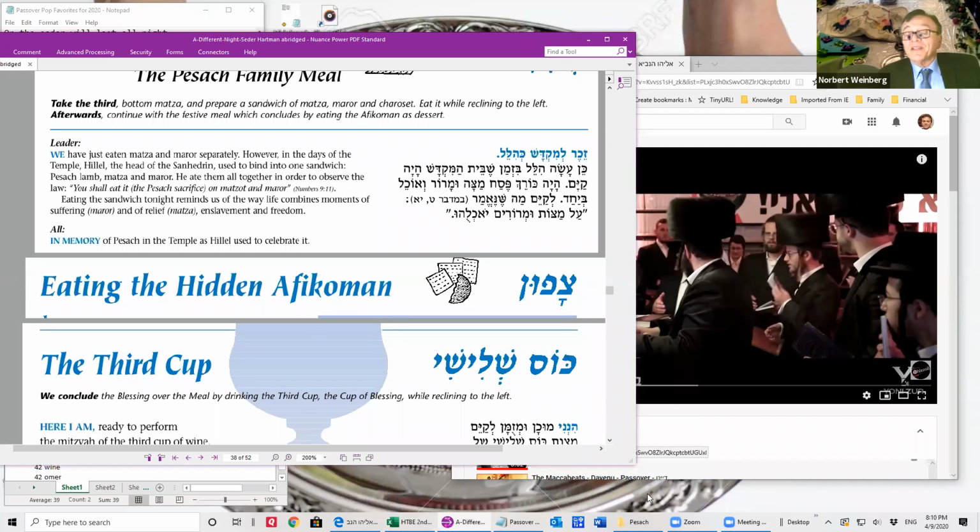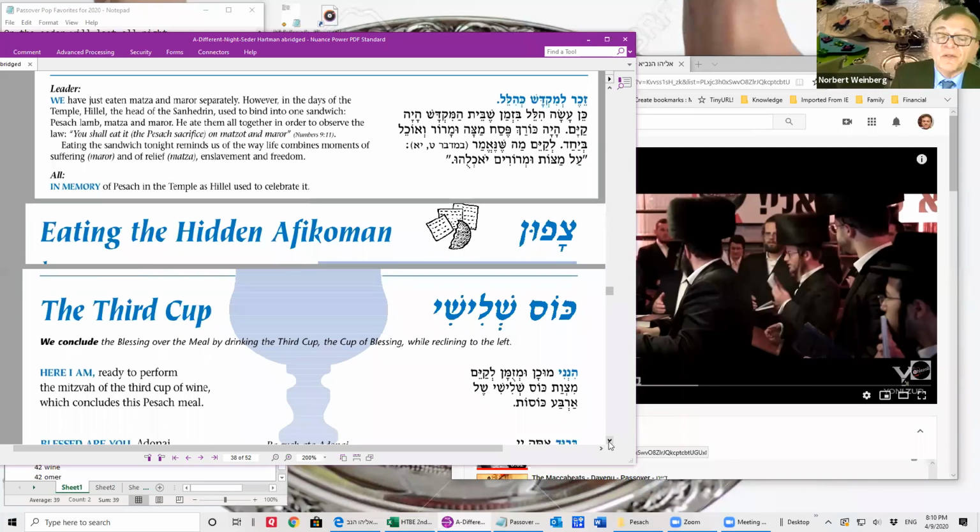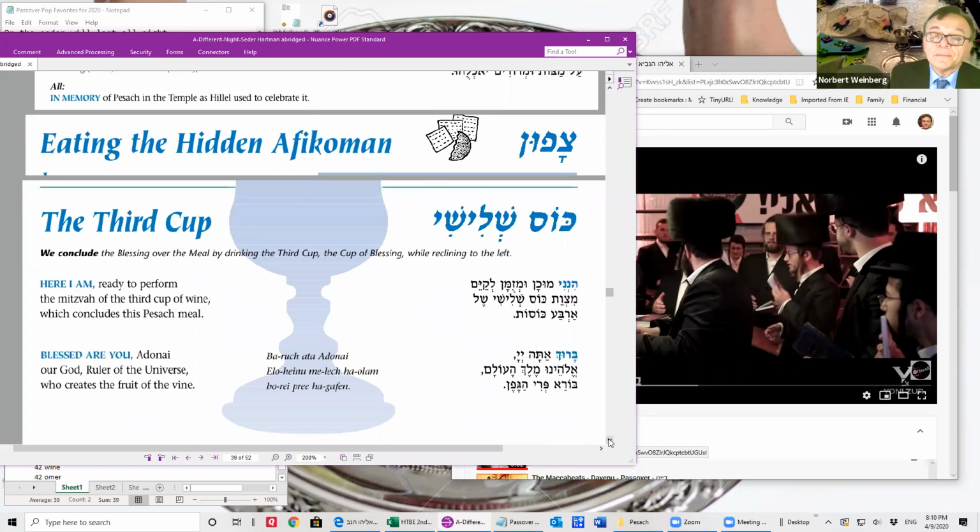Okay, we've got a big crowd here. I'm going to shrink us back down, just a small panel here. Okay. So you're going to have the Afikoman. We'll do Birkat HaMazon if you're actually eating. I'm just going to move ahead, though, in the order of the day, and go ahead to the third cup of wine, because I need our third cup of wine in order to get to the next element that I want. So the third cup of wine,